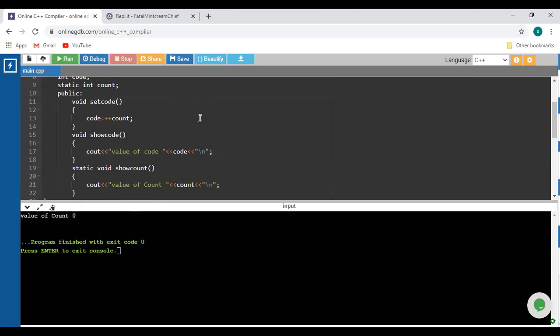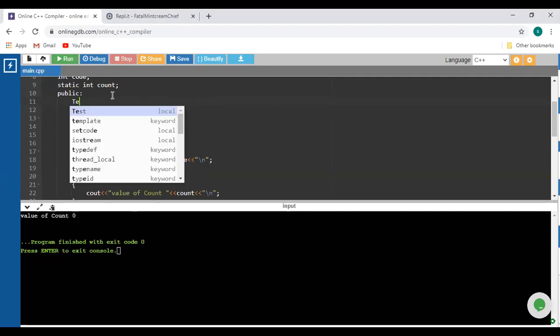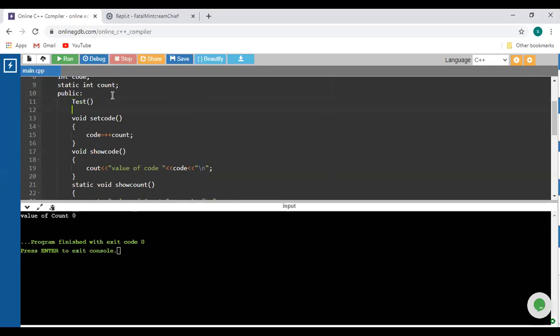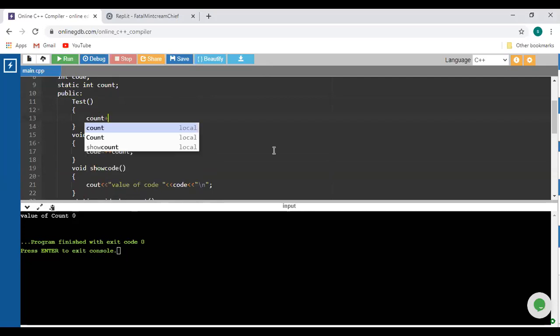Suppose inside this code I make some changes. What is the class name? Test. Suppose we create the default constructor, and in that case I directly increment count by 1.